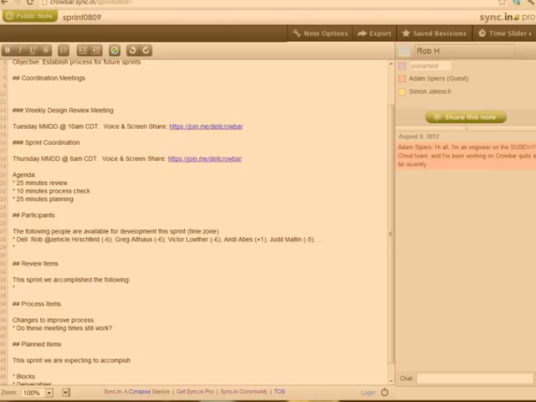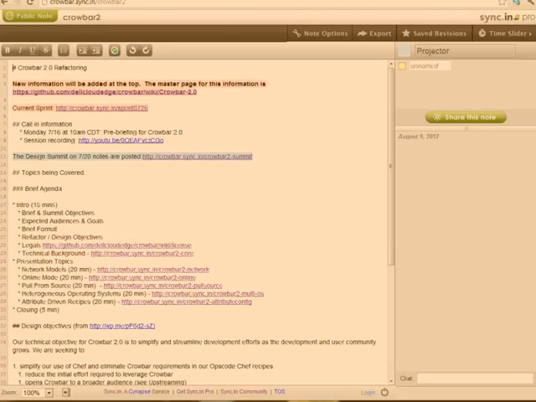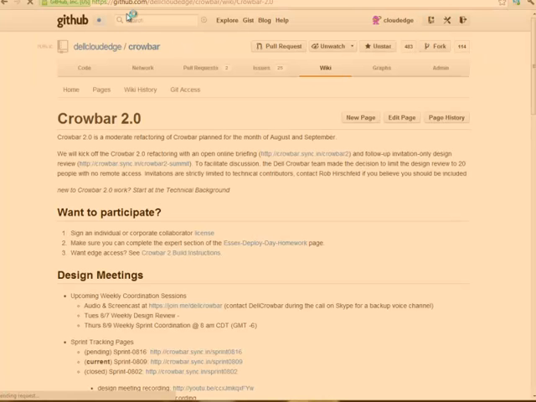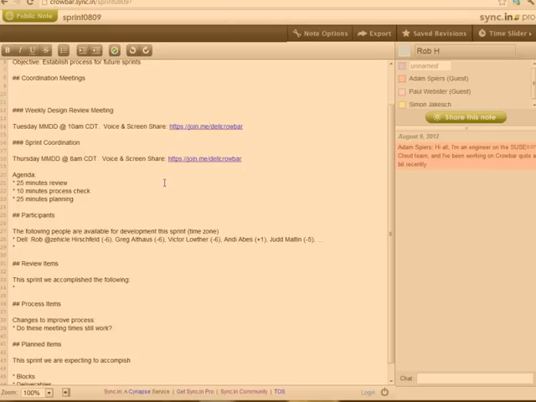If there are any questions about that, go ahead and throw them in the chat, and we'll do that. Hopefully this is all pretty well documented in the history and information around the Crowbar 2 sprint, which you can find off of the Crowbar 2 homepage, bit.ly Crowbar 2, where we've been keeping a lot of this information.